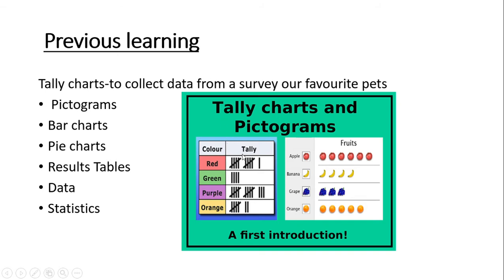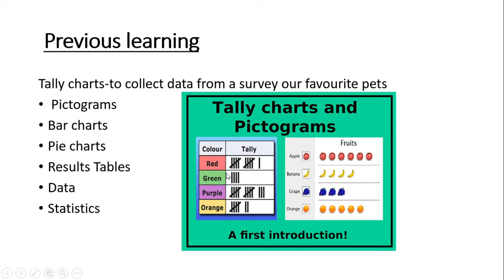So our results from a survey were collated and recorded in a tally chart. So each of these gates represents 5. 1, 2, 3, 4, 5. So in total, the number of people who chose red was 11, and so on for the different colours. That data can then be put into a results table